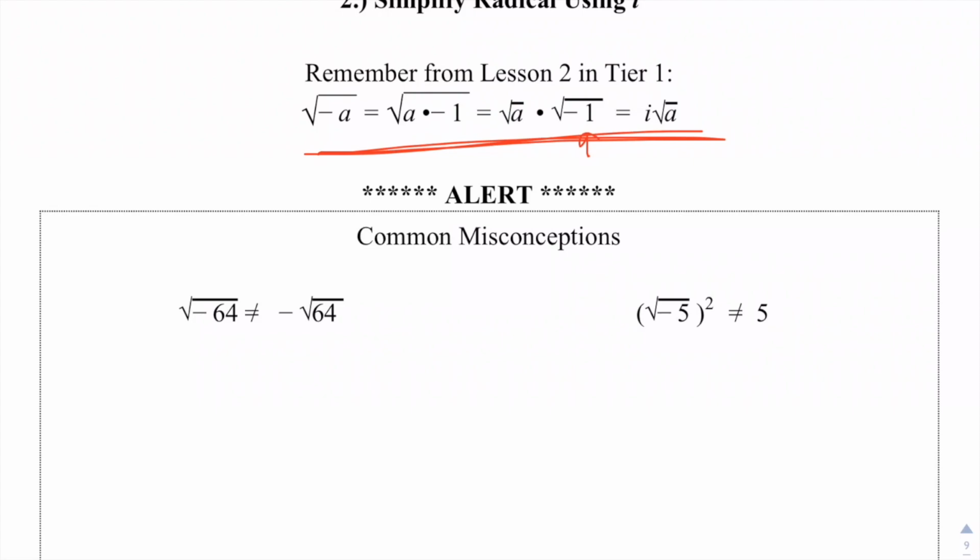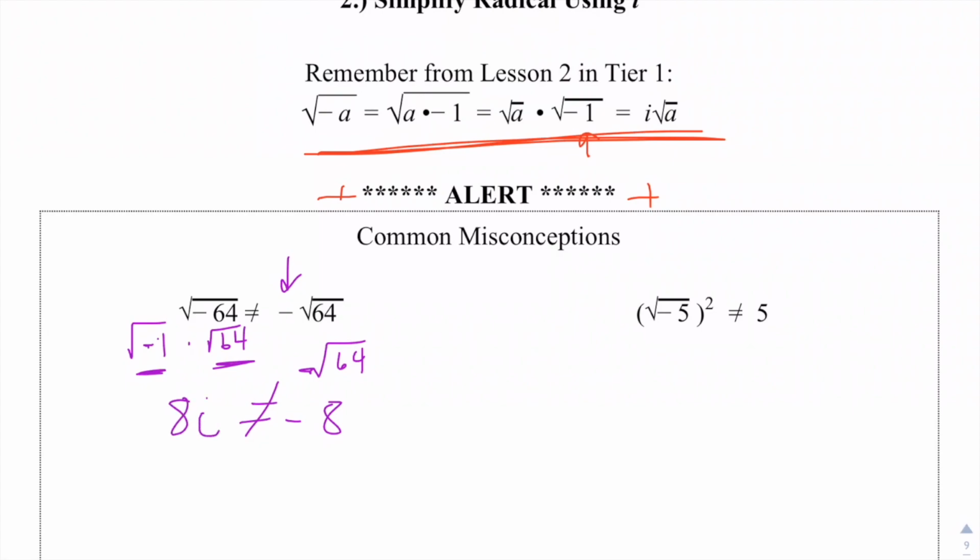And I want to alert you guys to some common misconceptions here. The first one is that a negative outside is not the same as a negative inside, because if we simplified this one over here, we would do the radical first, which, the square root of 64 is just 8, and then it would have a negative in front, and that does not equal what we would do over here. We would break this apart and have our square root of -1 times our regular square root of 64, and then this would give us an 8 here, and this would give us an i here. And we know we would write that as 8i,